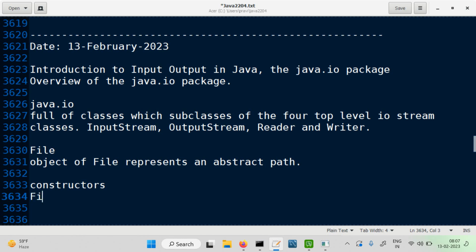You can create a File object with the help of a string, which is nothing but your path. So what can this string be like? The format of the path. What's the format for the path? It would have a prefix part which is optional. Optional prefix, so it has an optional prefix followed by